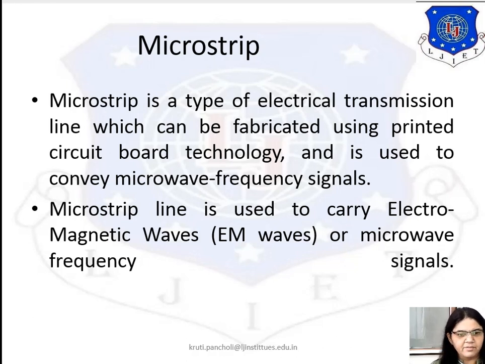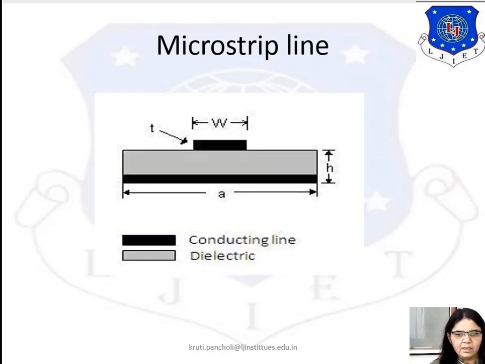As we know, there is the waveguide. The waveguide is a hollow structure through which electromagnetic waves can be passed. But the waveguide is bulky and its weight is higher. So to reduce that kind of problem, microstrip lines can be used, which are light in weight. Also, they can pass high frequency microwave signals. It is the microstrip line.